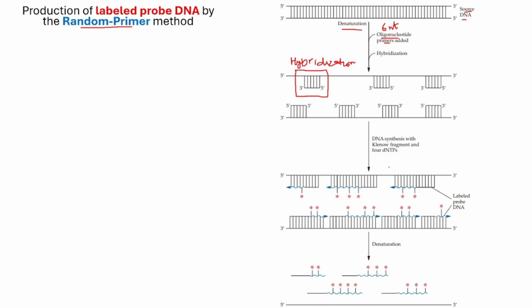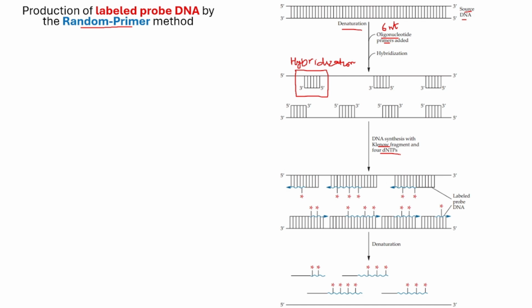After this hybridization has occurred, you add to the reaction mixture the Klenow fragment. If you remember, this is an enzyme synthesized from DNA polymerase 1, a specialized kind of DNA polymerase 1, and you give the 4 dNTPs,